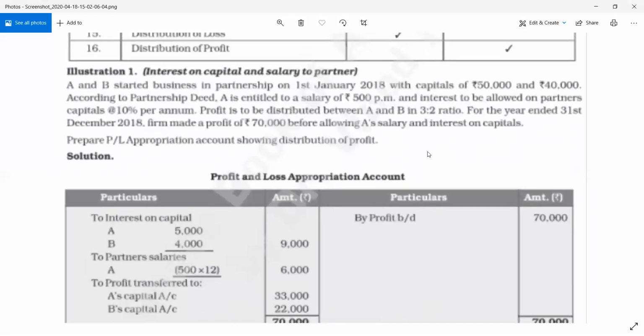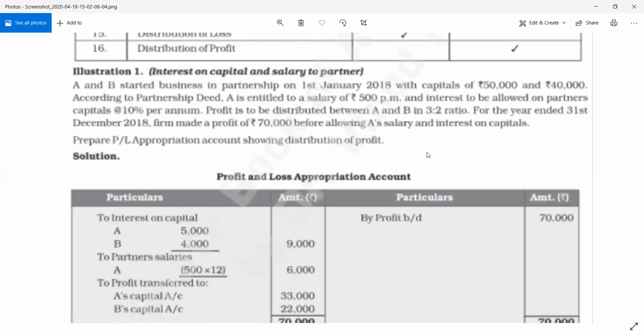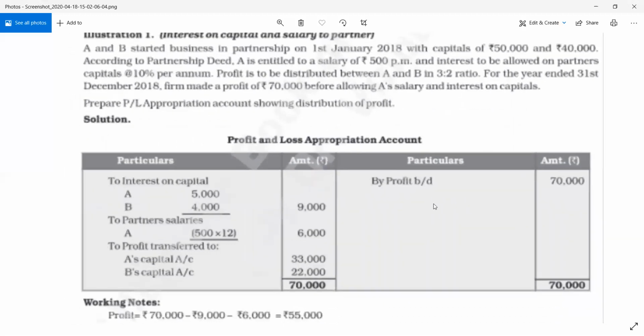In simple, remember that you have to find out the profit before distribution and you have to use that profit and show the distribution. If it is not distributed, it's very good. If it is distributed, or any one item is distributed, you add the amount of that particular item to the profit and then you start the profit and loss appropriation account, ठीक है।